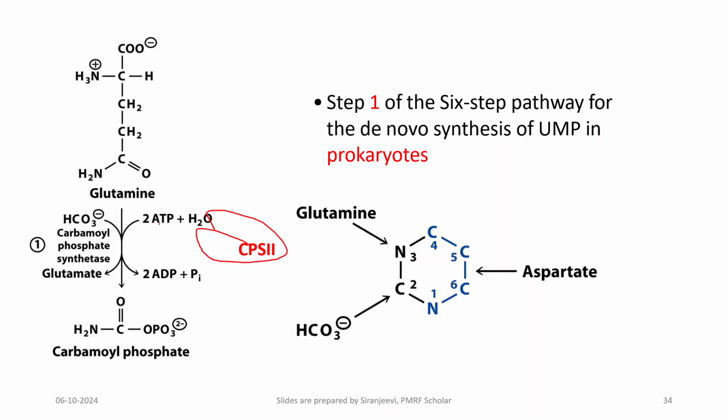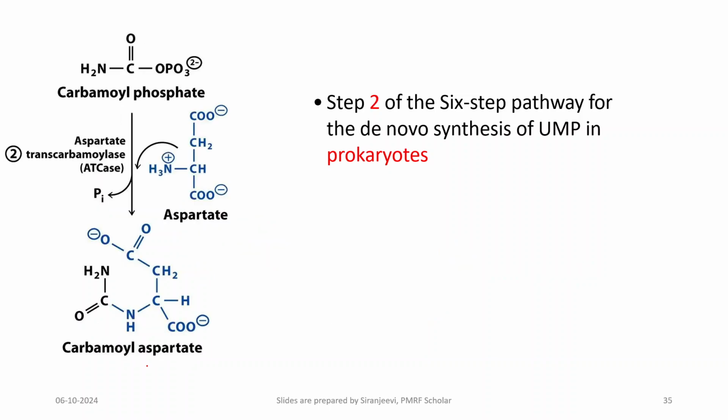So that requires the ATP and finally converts the glutamine to glutamate, and then the bicarbonate binds with this amine group, and finally it forms carbamyl phosphate. This carbamyl phosphate, in the next step, in the presence of aspartate transcarbamylase, will be converted to carbamyl